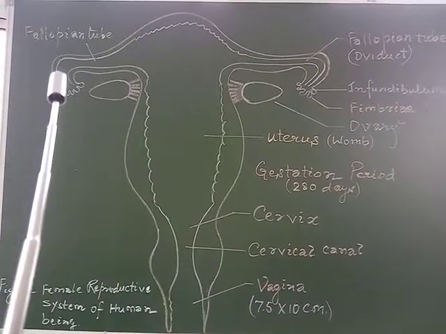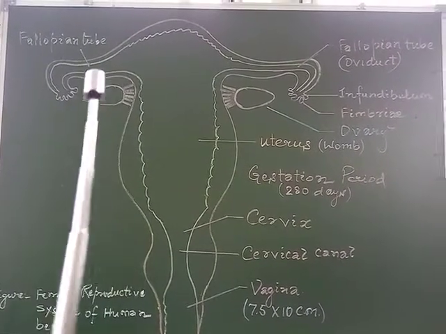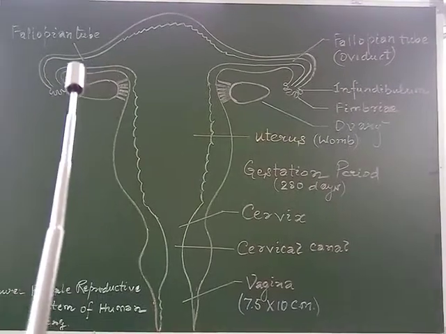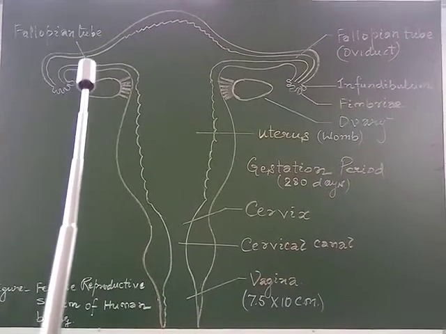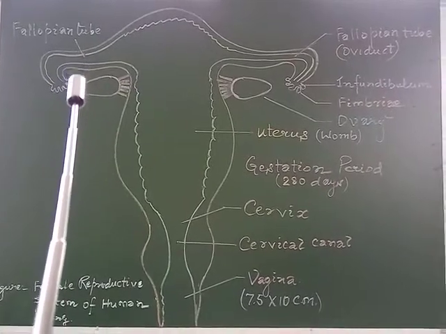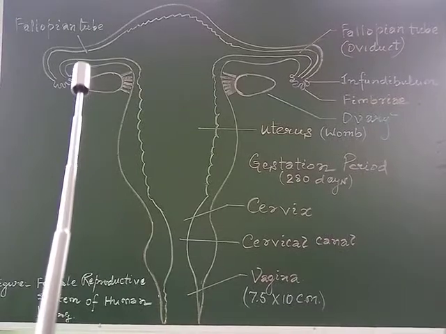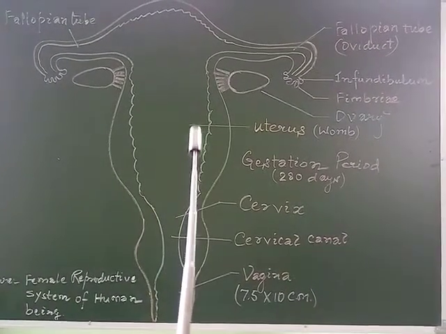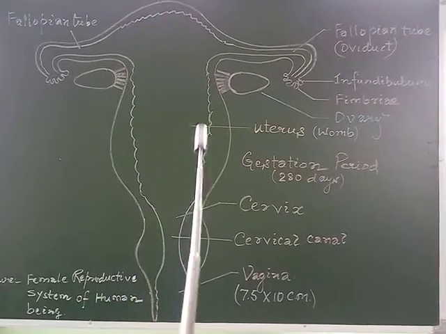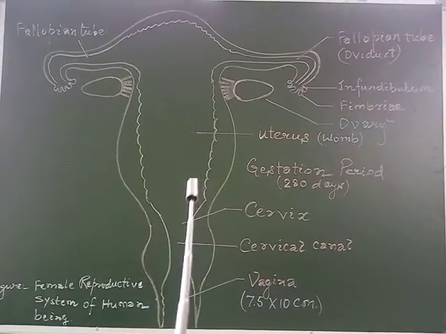But in the case when the ovum has not been fertilized, what happens to the ovum? As the ovum has not been fertilized within its lifespan, which is about 24 hours, it starts to disintegrate along with the lining of the muscular, vascularized wall of the uterus.